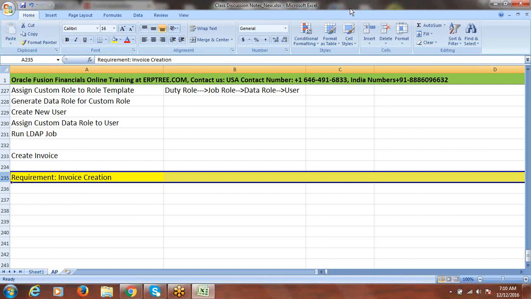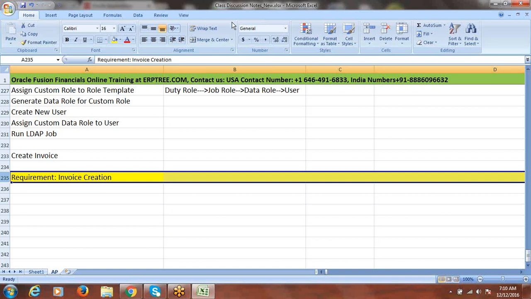In case of EBS, what we do if we don't want to allow any user from a specific operating unit: directly in the payables options we have a control called allow online validation. If you disable the checkbox, within that operating unit no user can validate the invoice. But if you want to disable that option for a specific user or specific responsibility, we have the option through personalization. Through personalization we can do it in EBS, but when you talk about Fusion, you don't need to do any personalization. Also, role level you can restrict it. We'll go and see that.